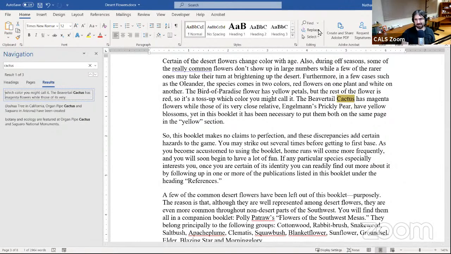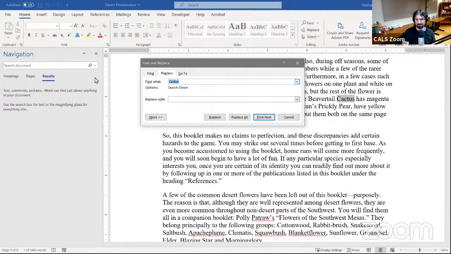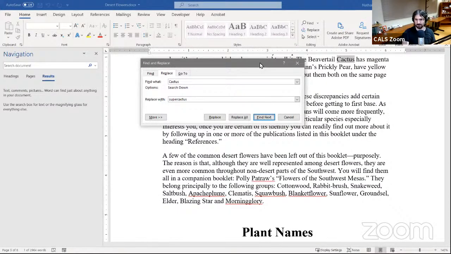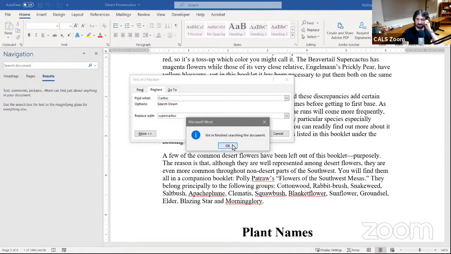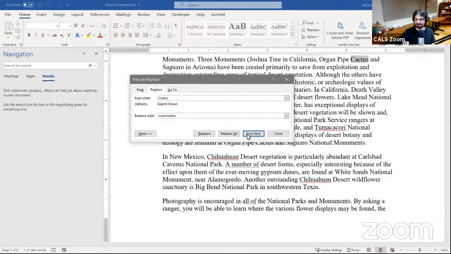If I want to, by the way, I can even do a replace. If I click on that, then it's actually going to grab whatever word I typed in the search, and I can replace it with super cactus. And what I can do is I'll hit find next, and that'll find each instance of the word. And then if I find one that I want to replace, I'll just click replace. Or if I want to replace all of the instances of the word cactus in my document, then I can